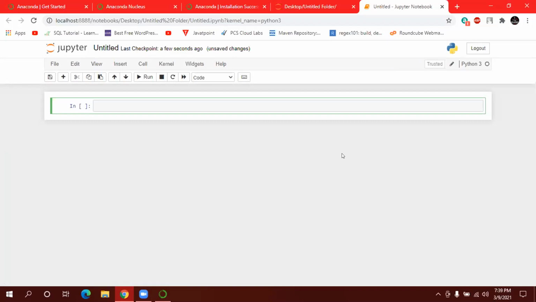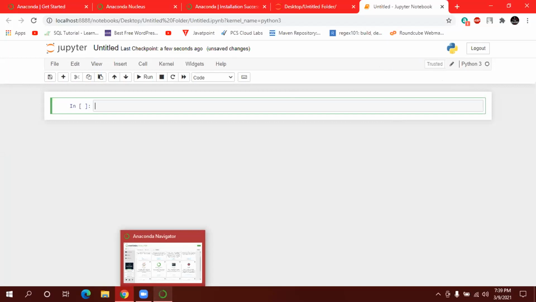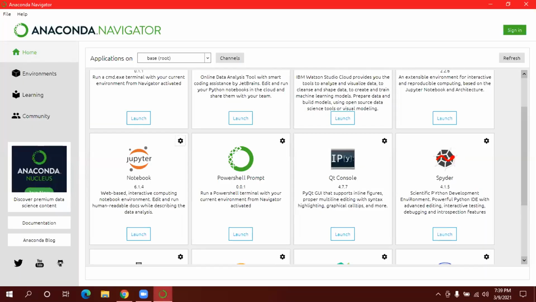Now click on the Anaconda Navigator. See, in the taskbar below, click on that app. See, there is one Spyder. Click on Spyder. Launch.